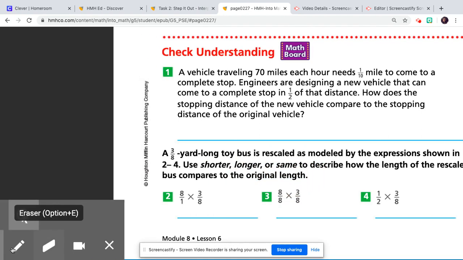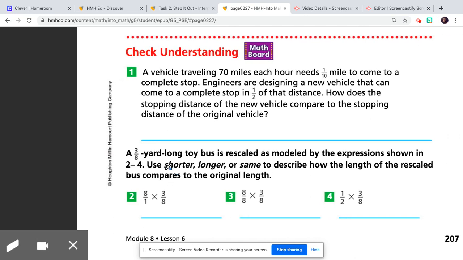These are all very important. Okay? It wants you to use shorter, longer, or same to describe how the length of the rescaled bus compares to the original length. And remember, the original length is right here, 3/8